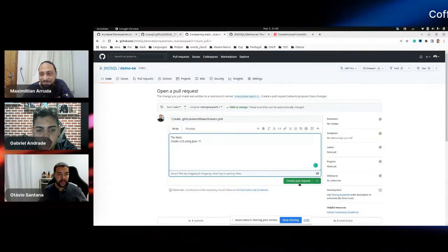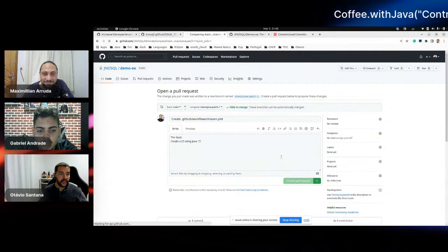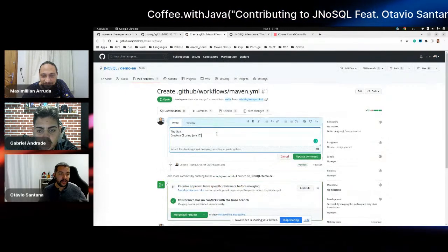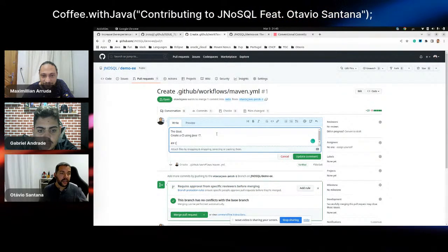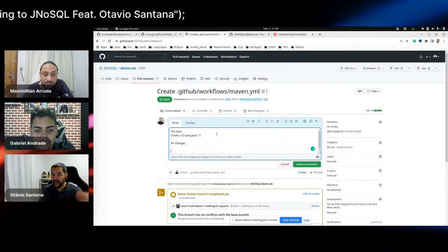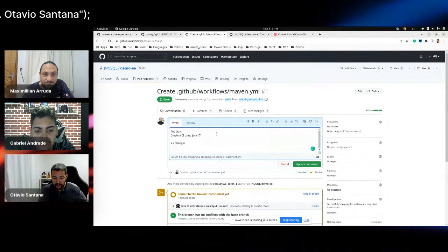So I will create a pull request. One thing that I usually do is to put the change and what I did: what I created, what I modified, what I removed.